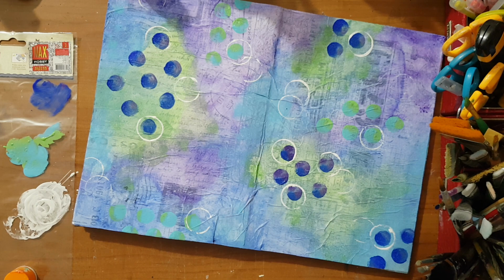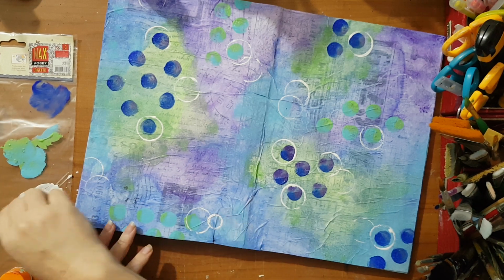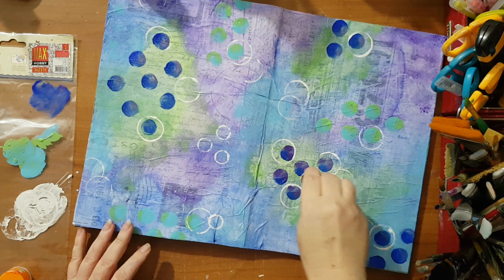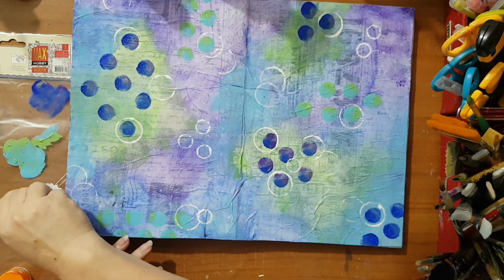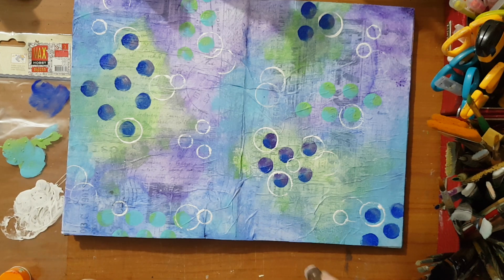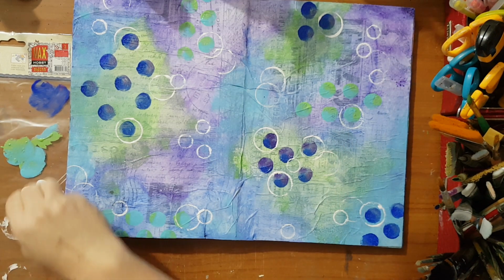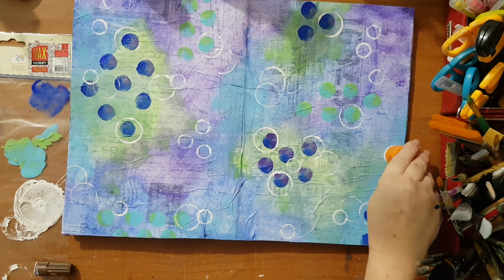And I think I need something smaller. Go. Where else? Maybe some white splatter now, I'm thinking. Another larger one here and here. Okay,